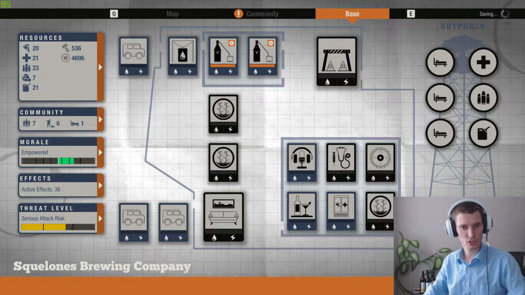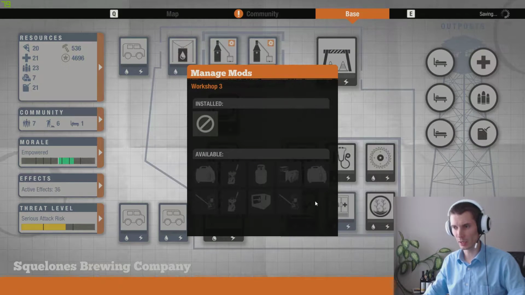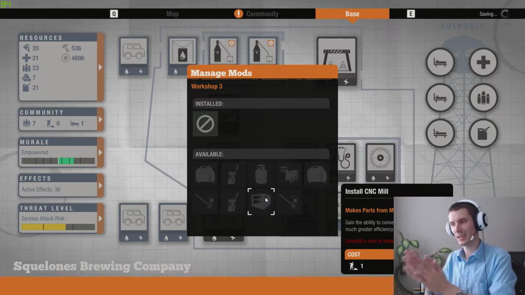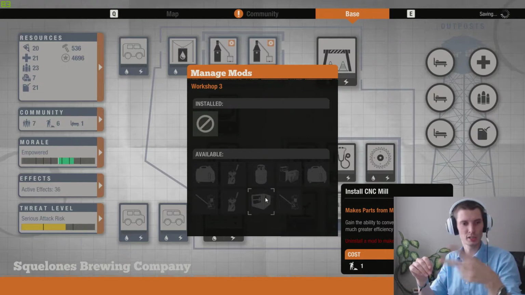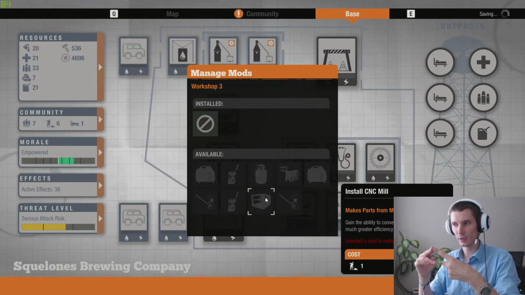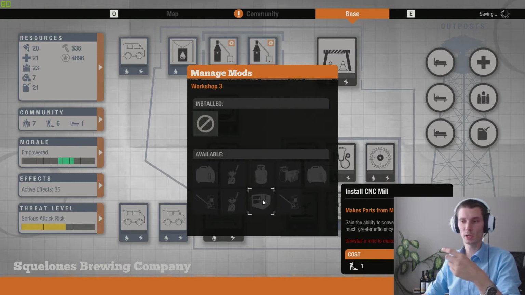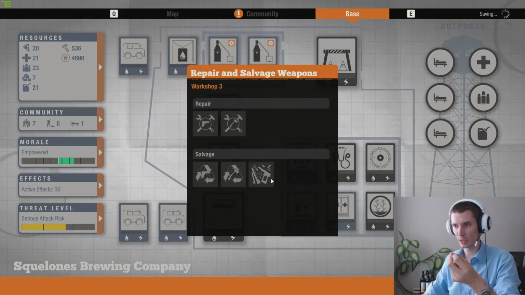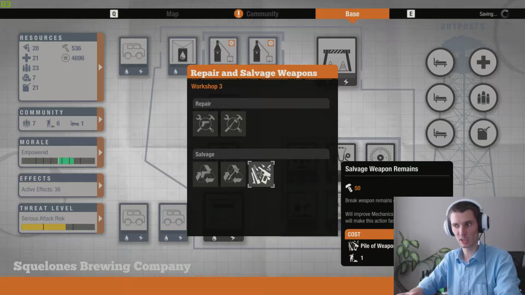For the 7th position, I have a CNC mill. I currently have it not installed, but here it is. 7th and 8th position actually go together, because one is the CNC mill, another is the salvage furnace. I don't have that mod currently, but one converts materials into parts, which is this one, and another one is converting weapon parts. I will show you what weapon parts are. Those are the salvage weapon remains into parts. So in general, you get parts, and with one,